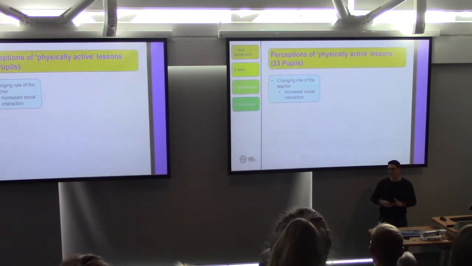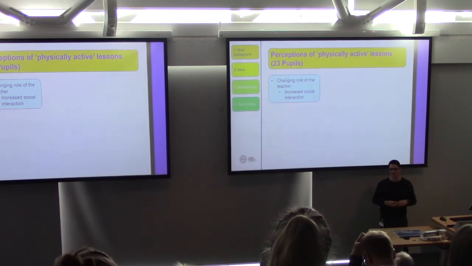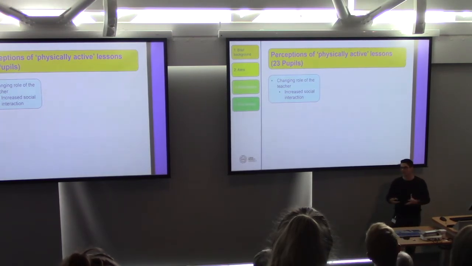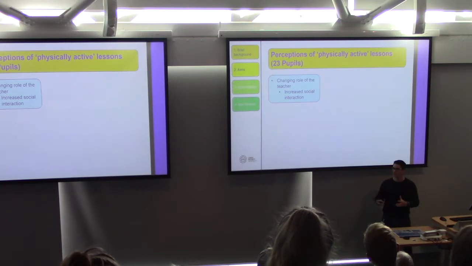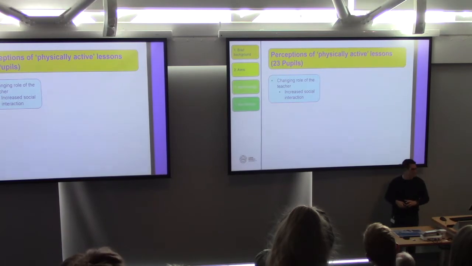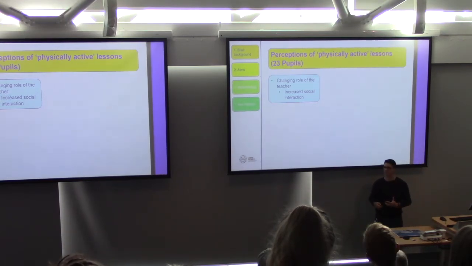Afterwards, after the Year 5 group had had their intervention and they'd experienced physically active lessons for a prolonged period of time, we did the same again. We got them to draw their lessons, we brought the puppets back in, we spoke to them and said, right, talk to us now about a normal classroom lesson. And this was way down the line, it wasn't immediately after classroom lesson, it was further down the line. And they highlighted 2 initial things. One was the changing role of the teacher, and 2 was this notion of increased social interaction.